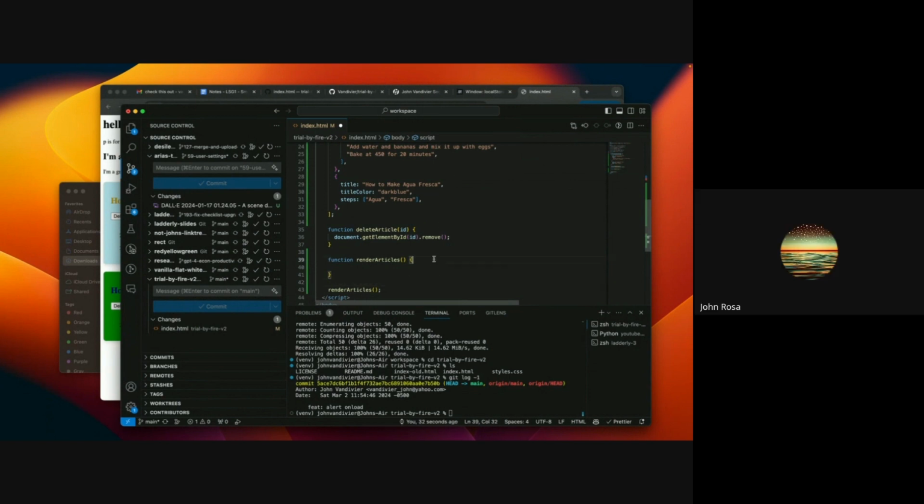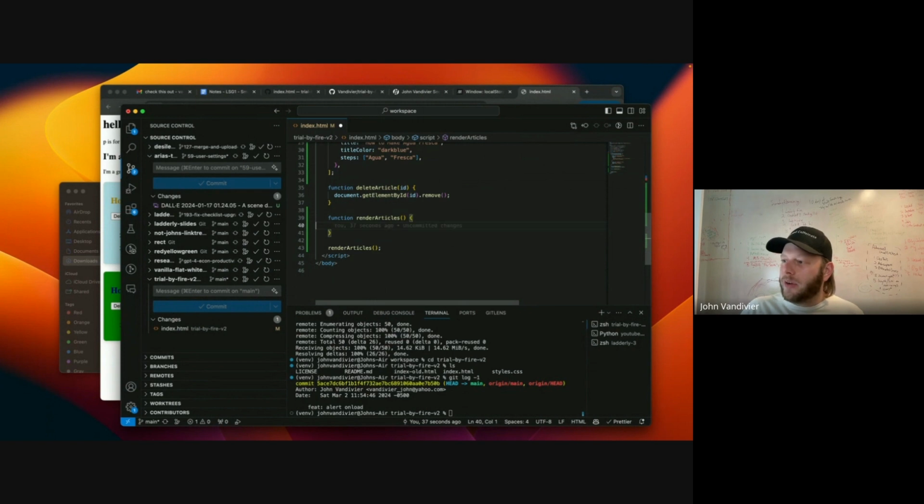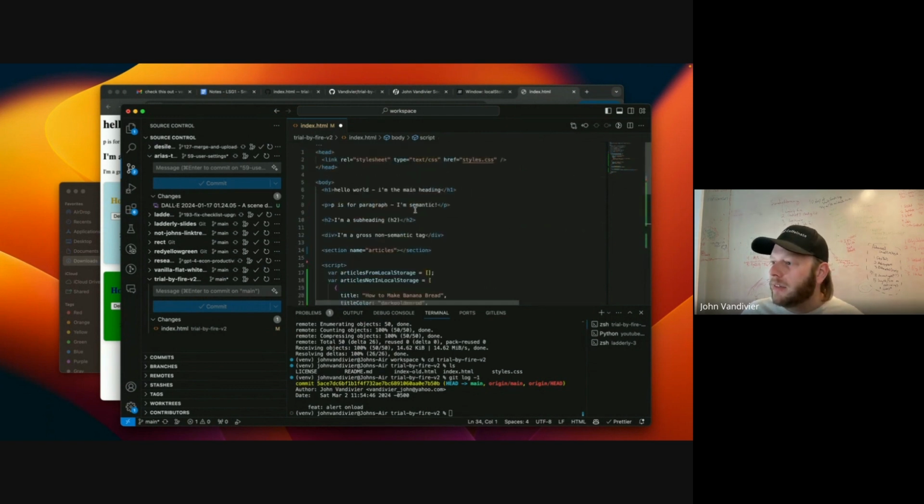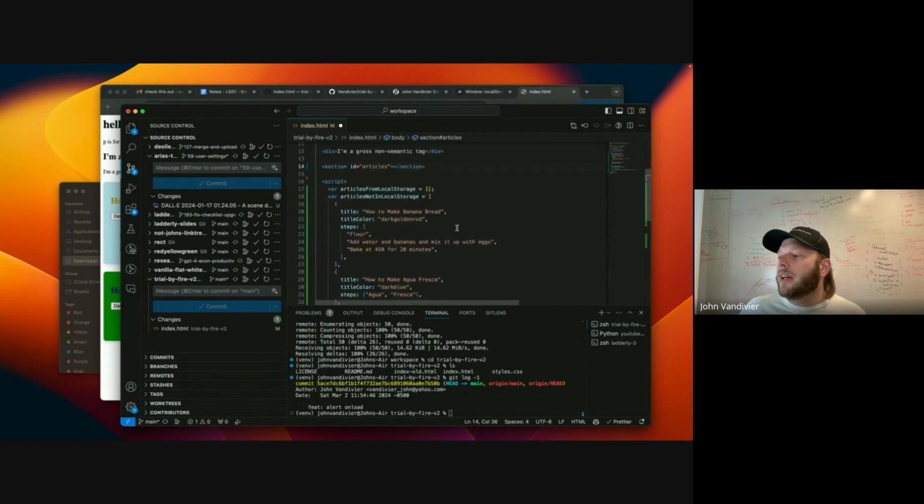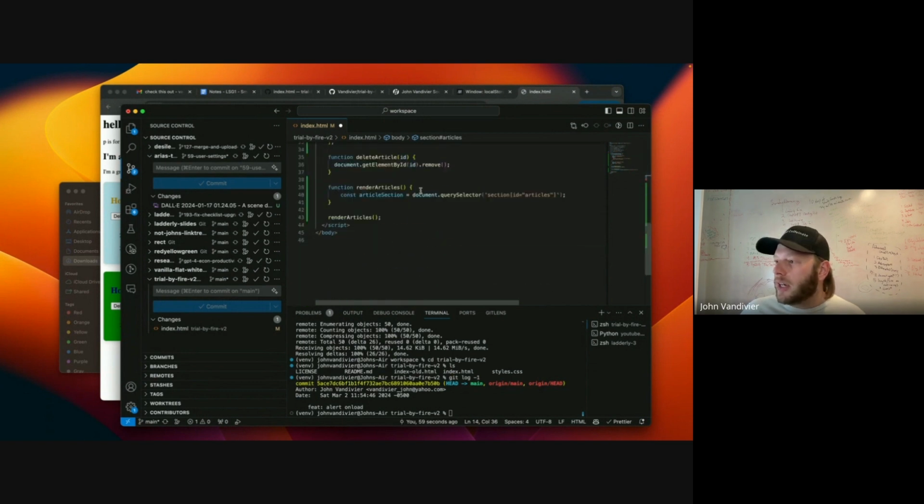Yeah. Awesome. And so what this is going to do is get a reference to the articles section. Okay, and you can see that, oh, I picked name. I probably should have picked ID. Let me change it to ID. Either of those is fine, but I think ID makes more sense. Okay, so I'm getting a reference to the articles section, and I'm going to populate it.